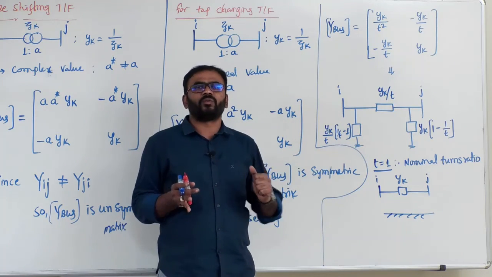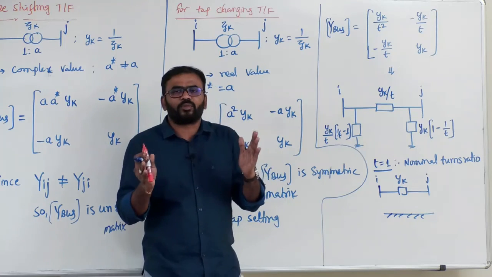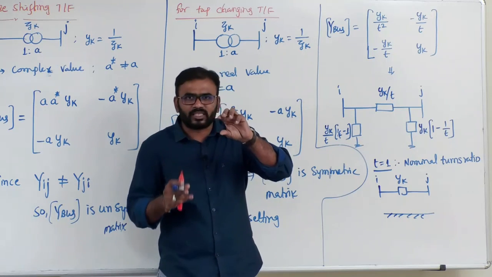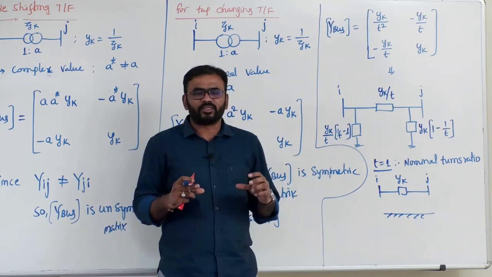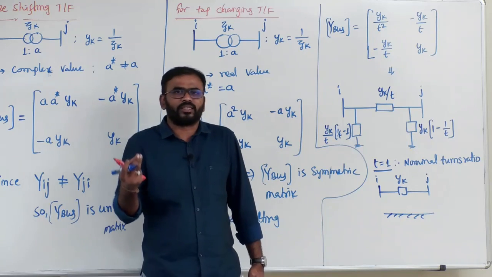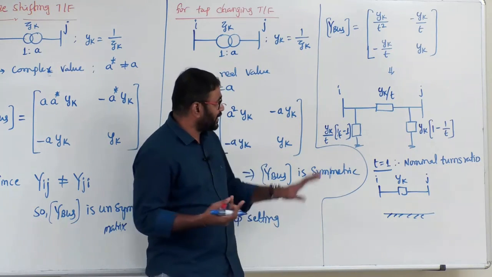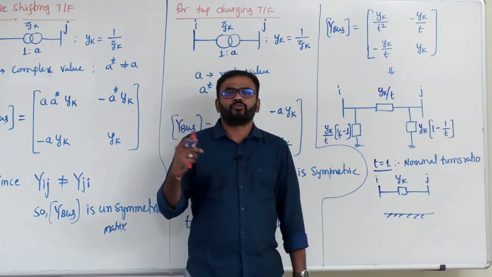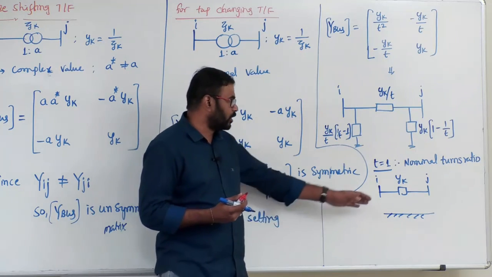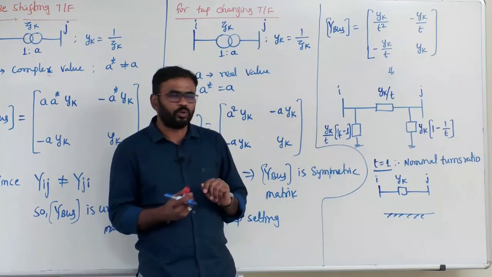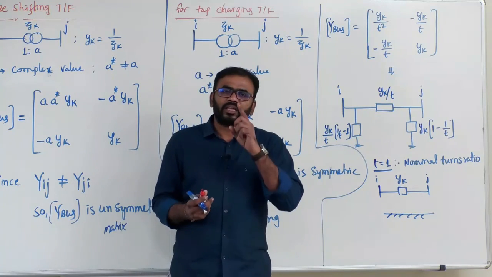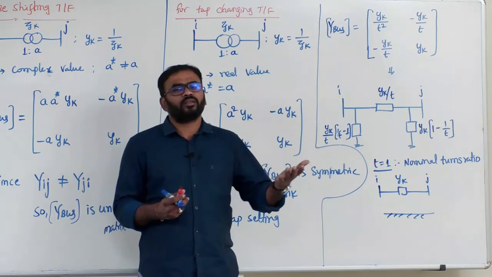That means for a tap changing transformer, we get a series admittance and shunt admittances between two buses. If there exists a tap changing transformer between two buses, then between these two buses we can model it with a series admittance and two shunt admittances. Of the two shunt admittances, one is inductive and the other is capacitive. So that's about tap changing transformers and phase shifting transformers. For a nominal turns ratio, we get only the series admittance. For an off nominal turns ratio, apart from the series admittance, we get two shunt admittances, one inductive in nature and the other capacitive.